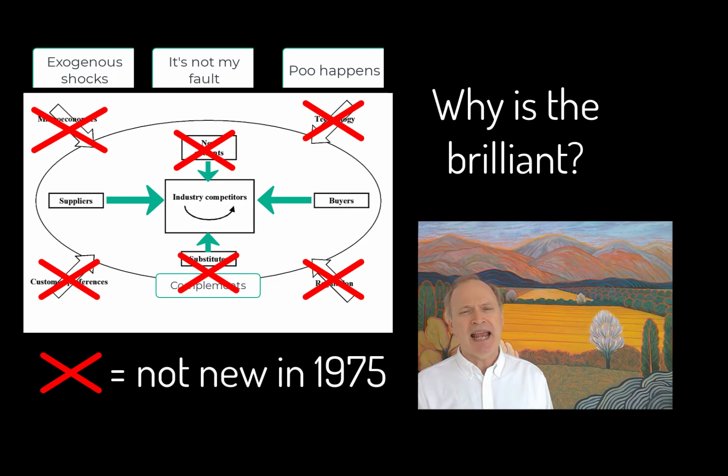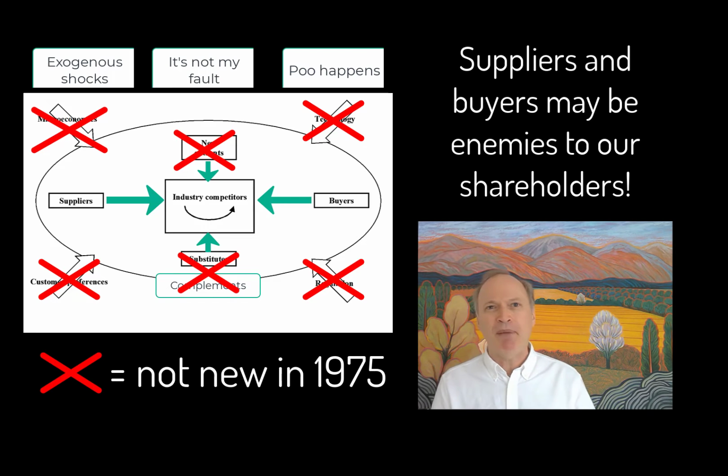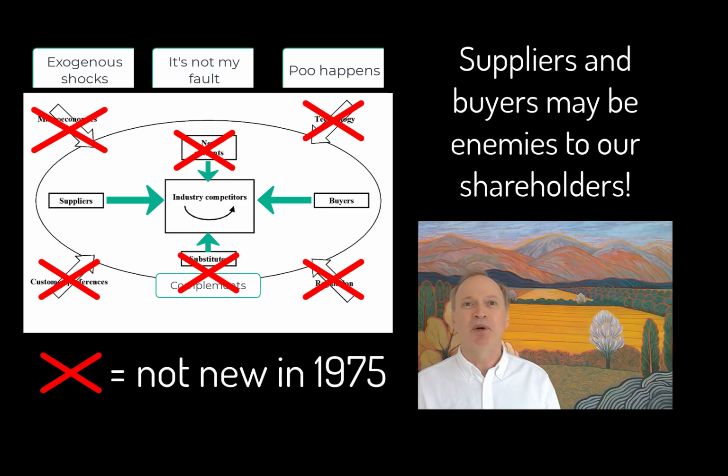It's basically saying your worst enemy is not the competitor you're facing necessarily. Your worst enemy may be your supplier. They are screwing you. Or worse, the people that you're serving, your customers, they are not an opportunity. They are a threat to you. They're taking away your profitability. And boom, everyone said, oh my gosh, that's true. It's not just our competitors we have to worry about. It's the customers that are killing us, or the people we're adding value to. That's the suppliers. They are